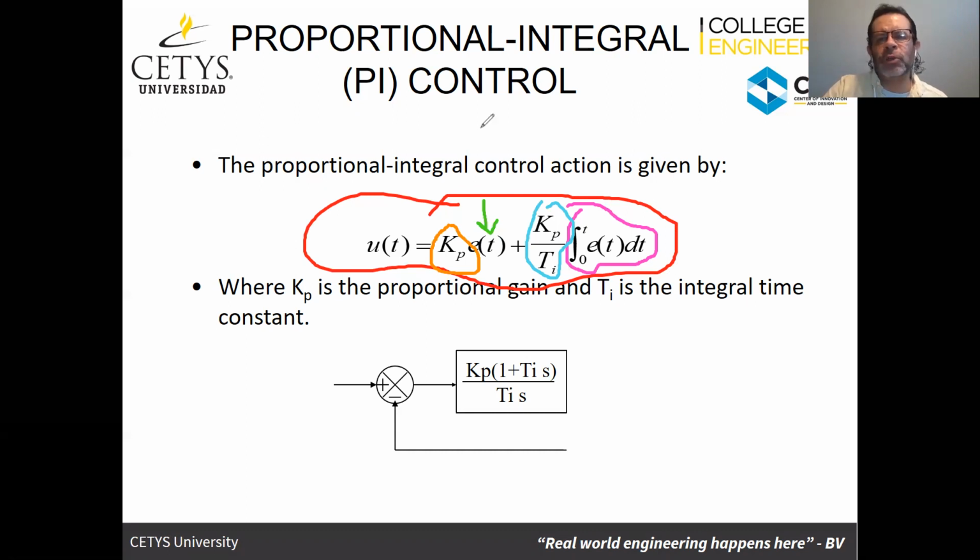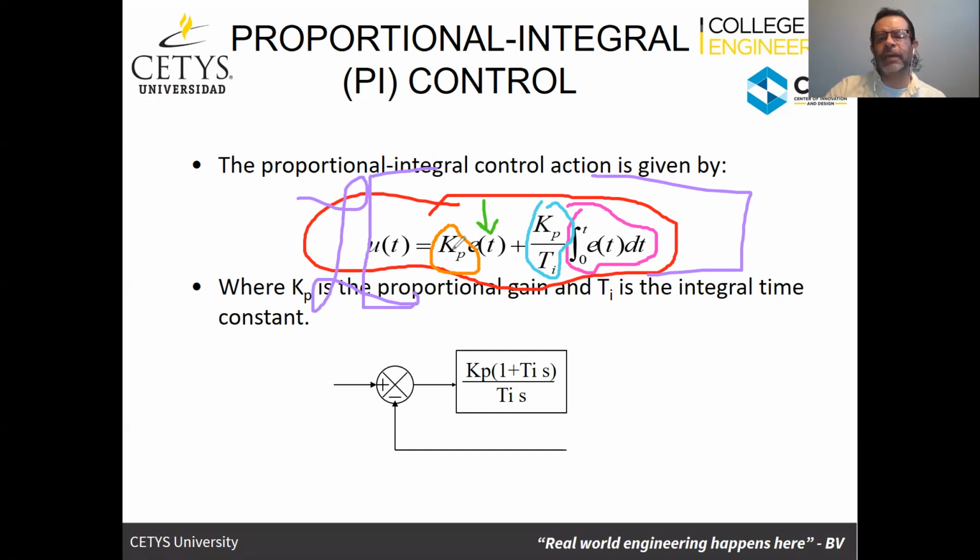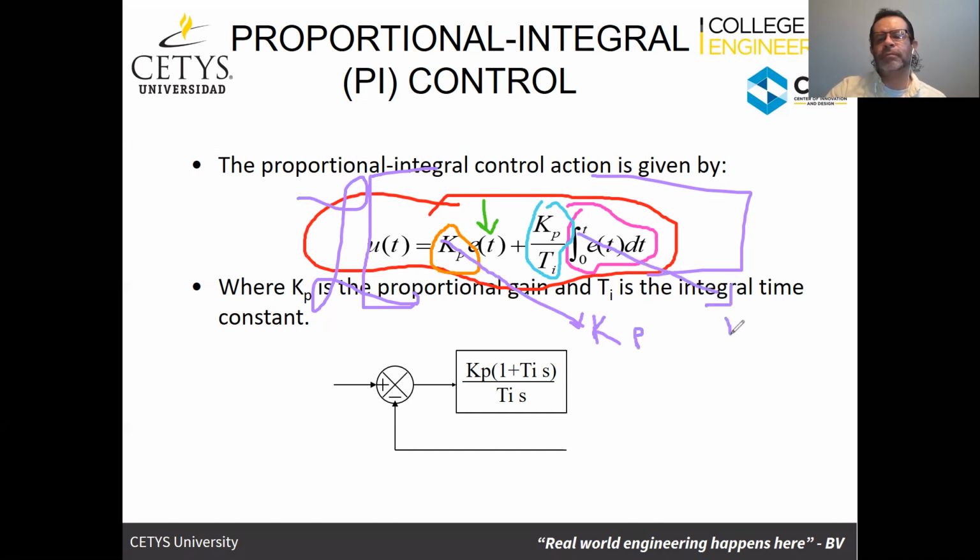And so if we were to apply the Laplace transform to all of this and calculate the transfer function, we would find that the Laplace transform of Kp is just going to be Kp, and the Laplace transform of the integral and the controller actions is going to be Kp divided by Ti,